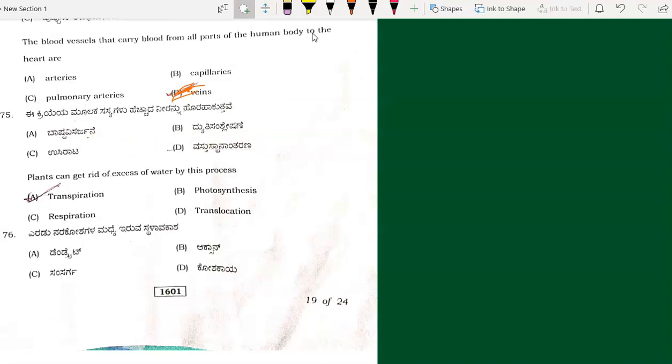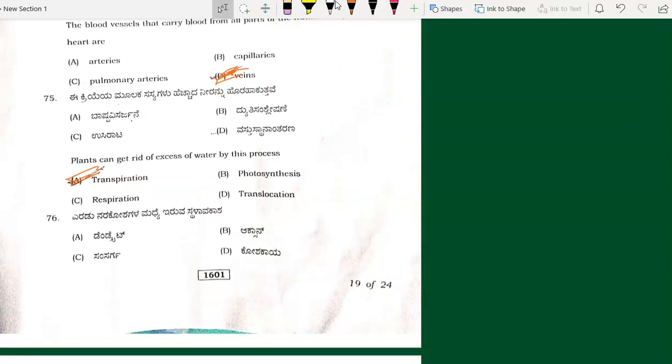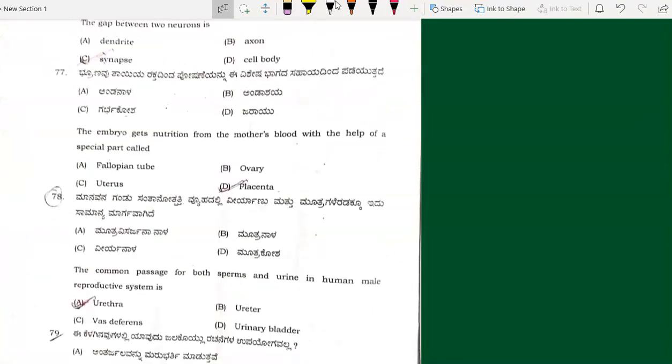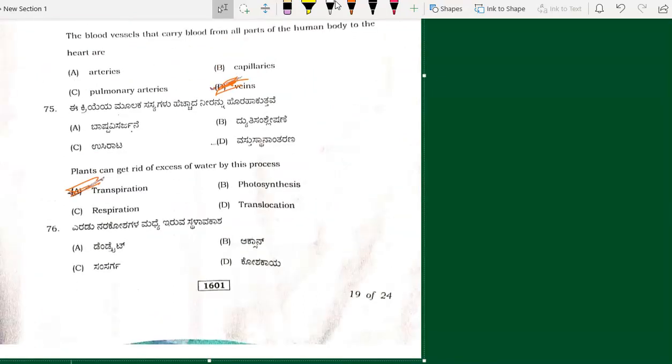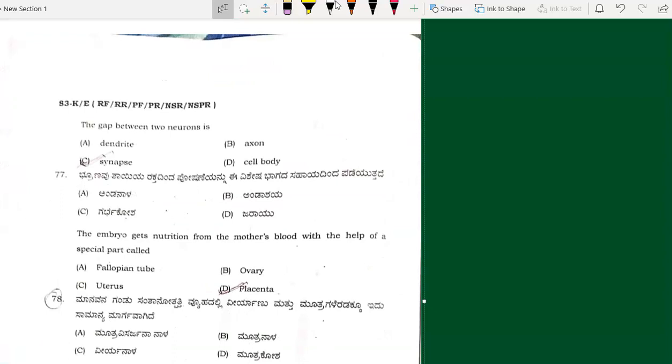Okay, next, transpiration, the process of removal of excess amount of water, which happens in the plant. Next, yes, 76th question,